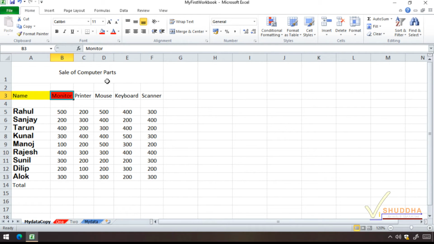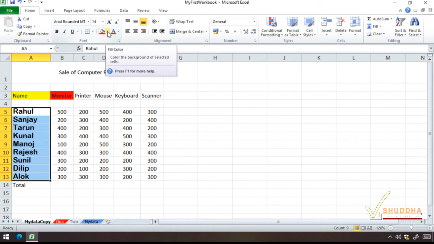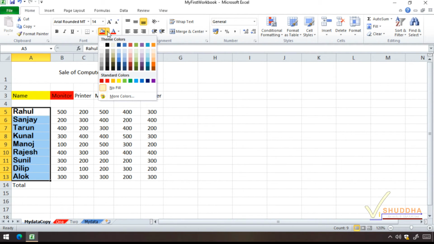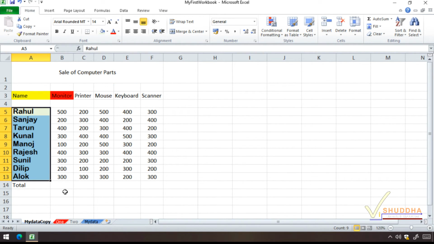In case you want to fill the same color in several cells, then you need to select all the cells in which you want to fill the color and then repeat the procedure. That is, click on the down arrow of the fill color button from the font group on the Home tab and then select the color that you want to fill. Now click in any cell to remove the selection. As you can see, the background color of the selected range of cells is changed and there is no grid